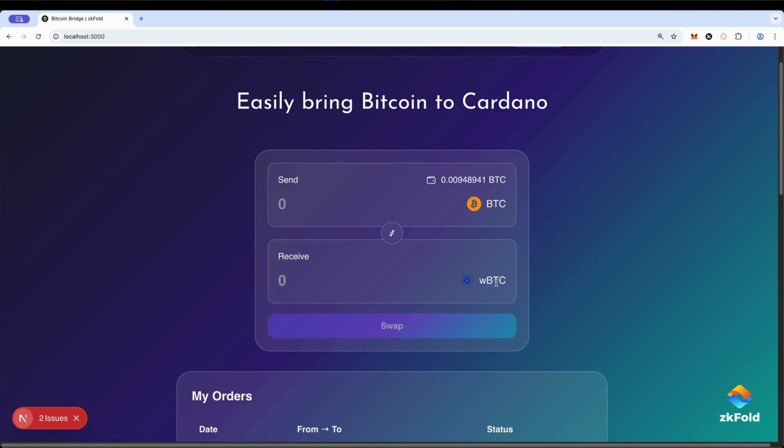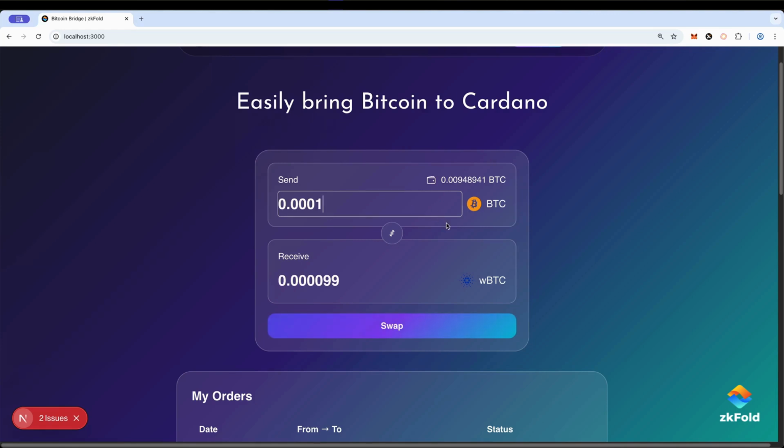So let's say in future we have a good decentralized bridge that can bring Bitcoins to the Cardano blockchain. One can use that bridge to bring in large Bitcoin transfers. But for more routine, smaller Bitcoin transfers, they can use our solution because it is really quick and completely decentralized. So we can make use of those bridged Bitcoins here. The user has the liberty of selecting which wrapped Bitcoin they want on the Cardano blockchain. So let us begin by performing a swap, and then I can give further explanation of how it works